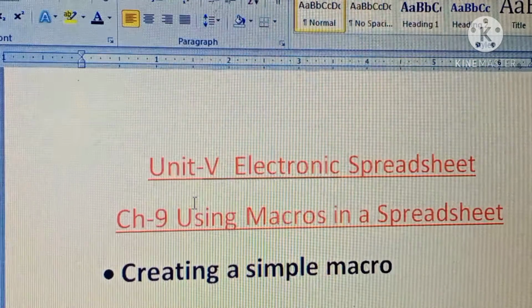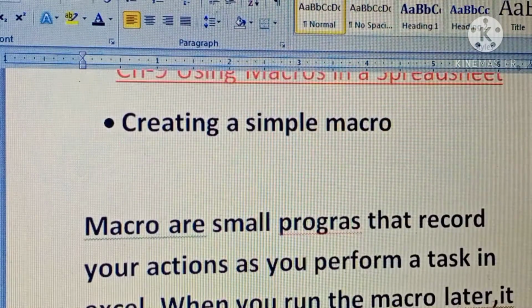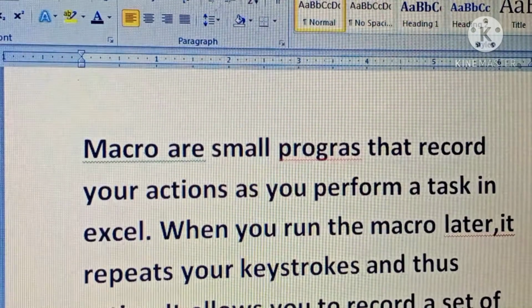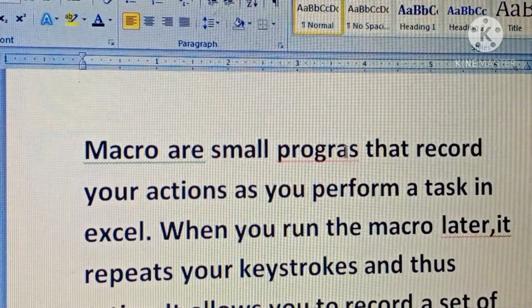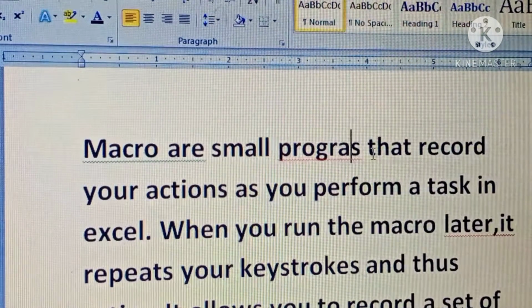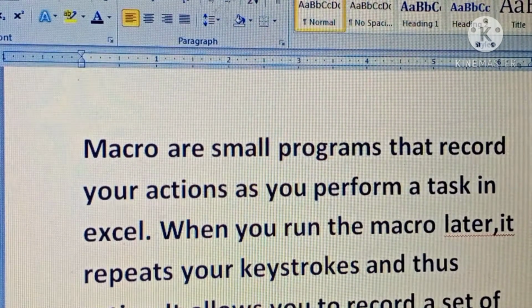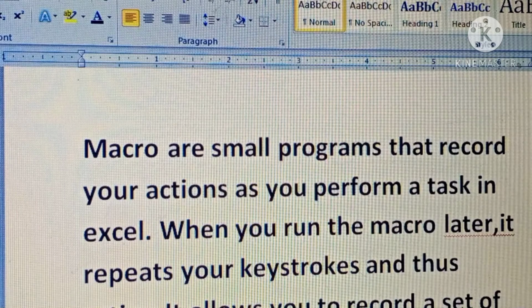So firstly you need to know what is the macro. This is the definition of the macro. Macros are small programs that record your action as you perform a task in Excel.